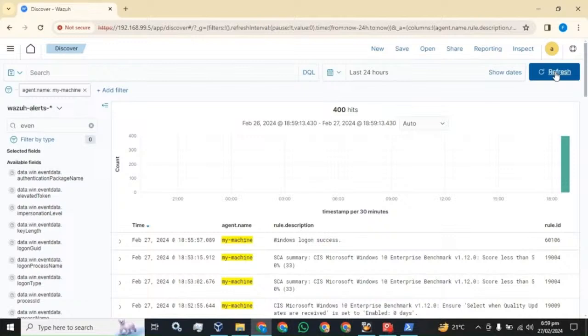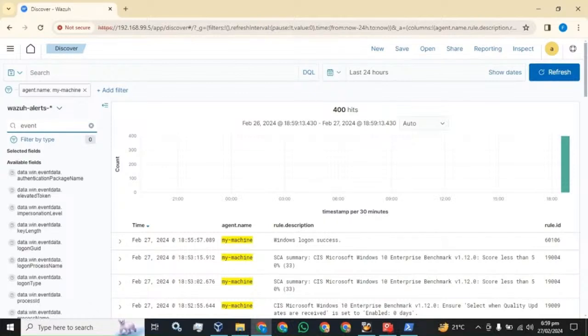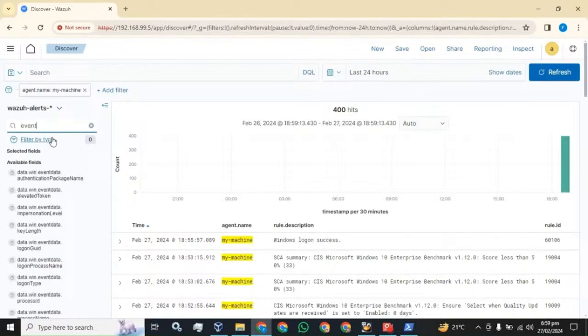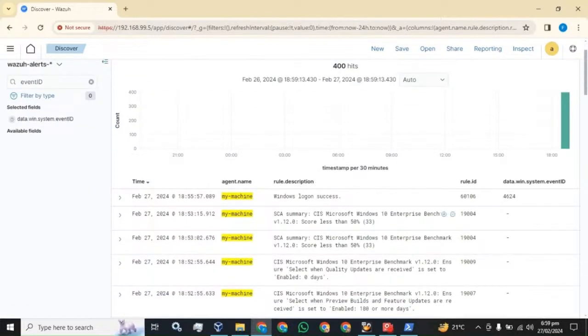Those logs were utilizing excessive space. Okay, let's check. No, yeah, that's the event ID. It's a pair. This is the event ID you have to add every time if you do not want to receive these logs on my